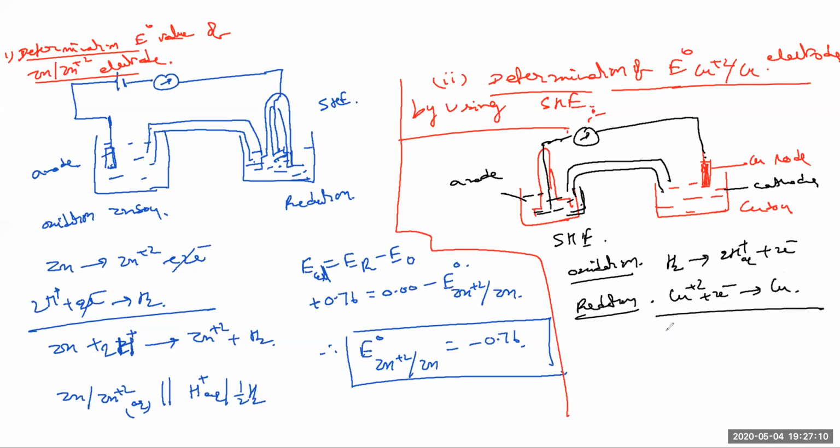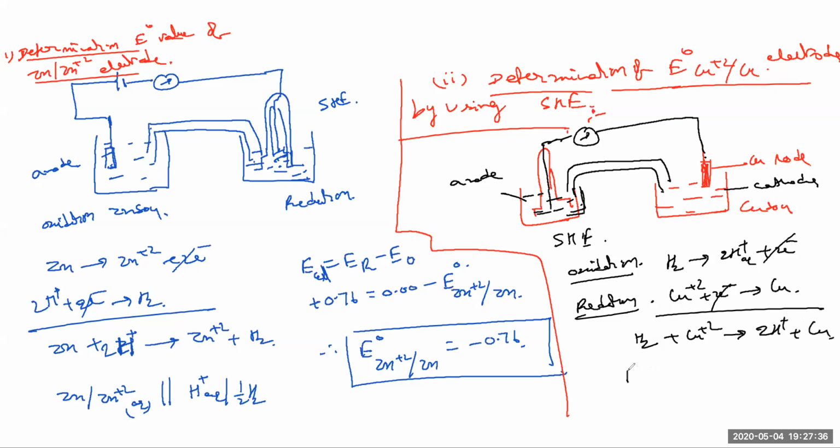Now what is the cell reaction? Oxidation half and reduction half, according to our UPSC conventions. The left hand side is written as oxidation, then cancel. So oxidation directly represents the cell notation. Okay, the cell reaction can also be taken, no problem. H2 plus Cu2+ gives rise to 2H+ plus Cu.